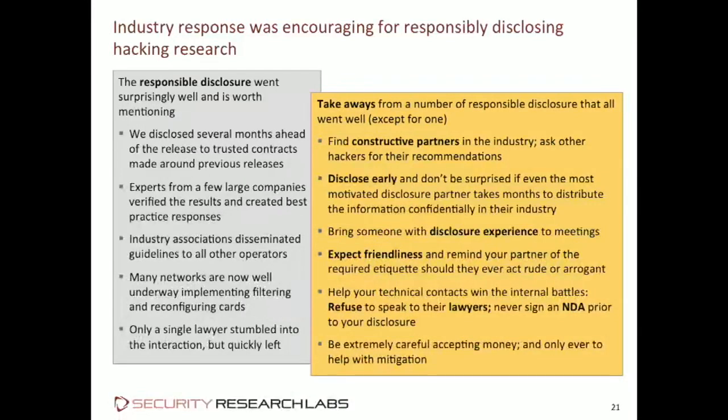Right? On the right-hand side here, just for future reference, a few lessons learned from our interaction with industry, and I hope this research was motivating enough so you do get to break your own SIM card, find new ways of doing it, and once you do, perhaps this helps you work constructively with industry to fix this. It's definitely very, very rewarding for us to see how much change we already initiated, and so overall a great research project that I think helps everybody in the end.